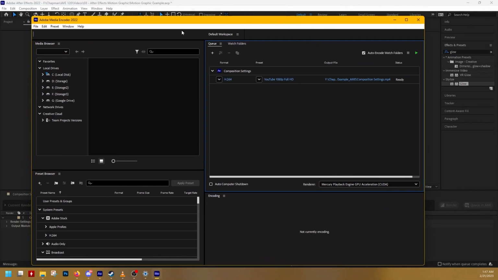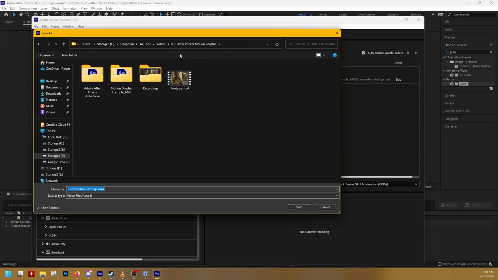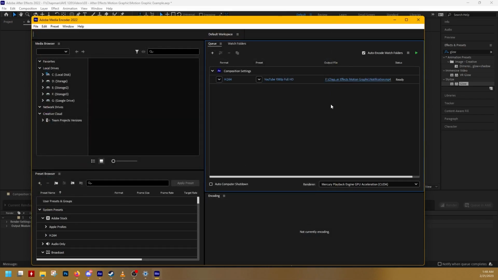So Adobe Media Encoder queue looks like this. When you press that button, it will launch this automatically. So over here is the output file. If you click this, you can select what folder it's going to export to and give it a name. To the left is the preset,